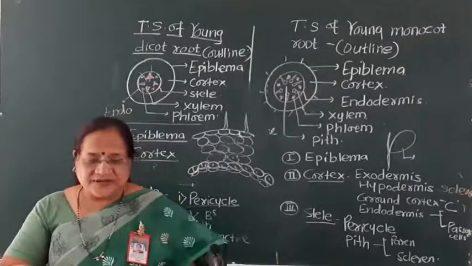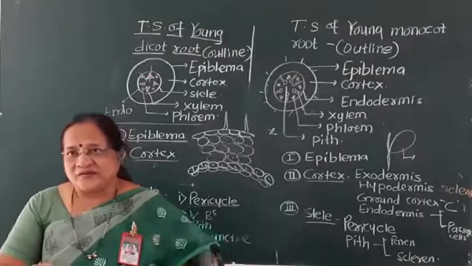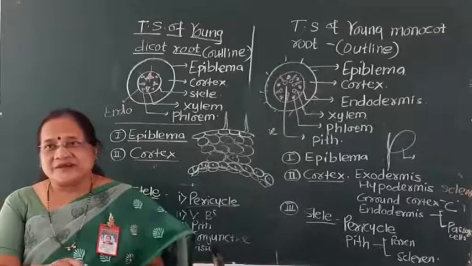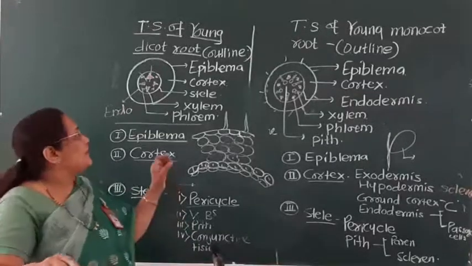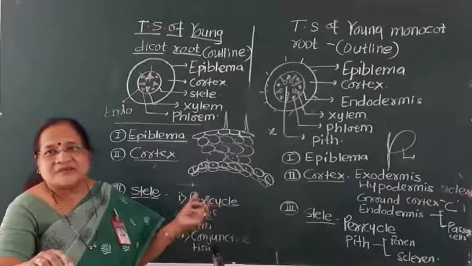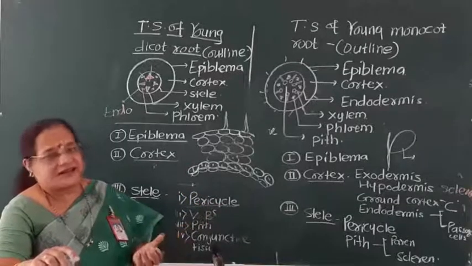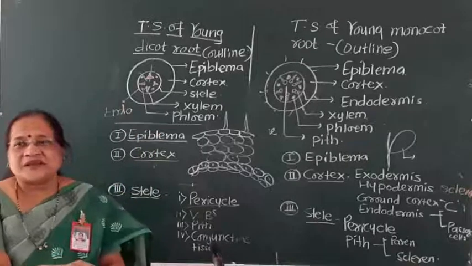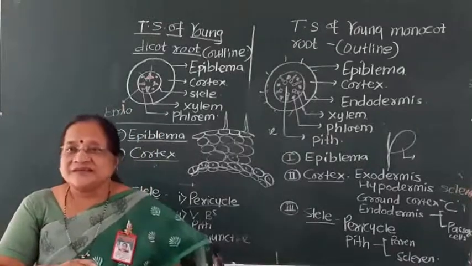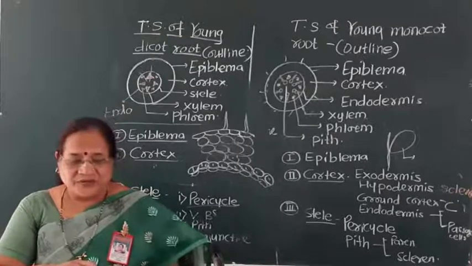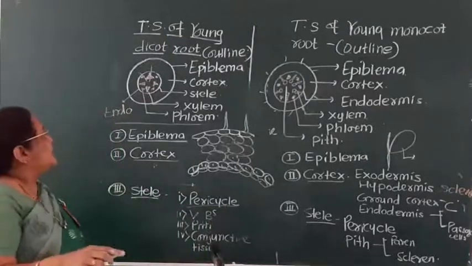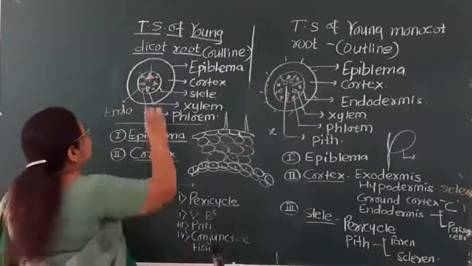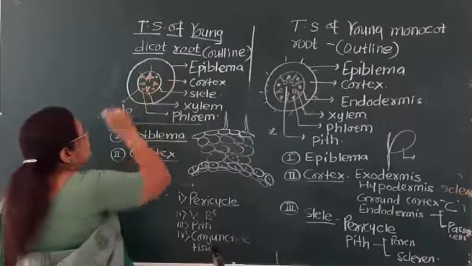In dicot structures, the vascular bundles are limited in number. What is this limited number? They may be 2, 3, 4, or up to 6. In the case of the sunflower, you get 4 patches of xylem and 4 patches of phloem. So in this section you get 4 patches of the xylem and 4 patches of phloem.